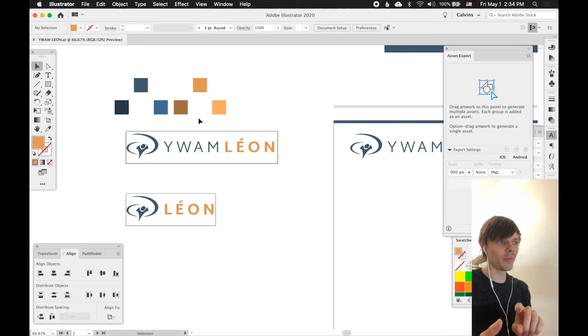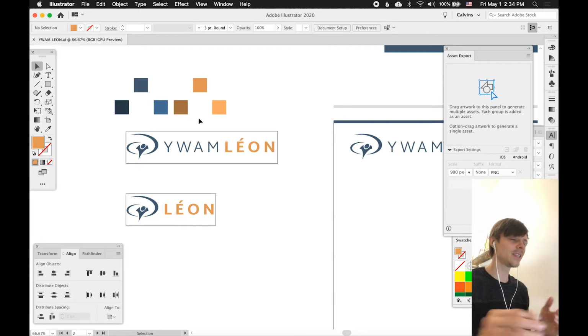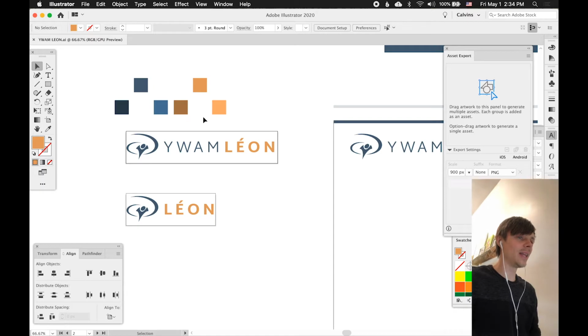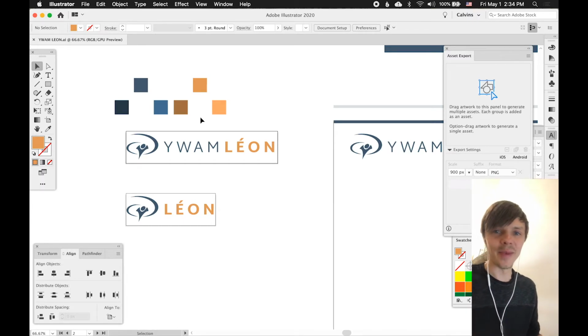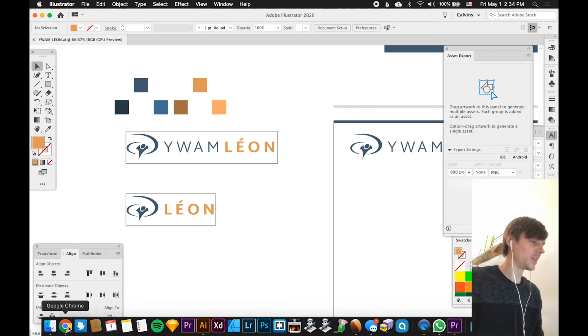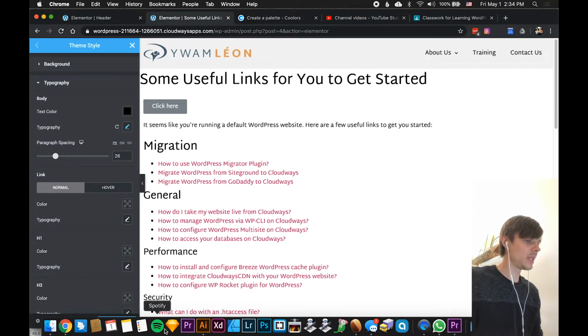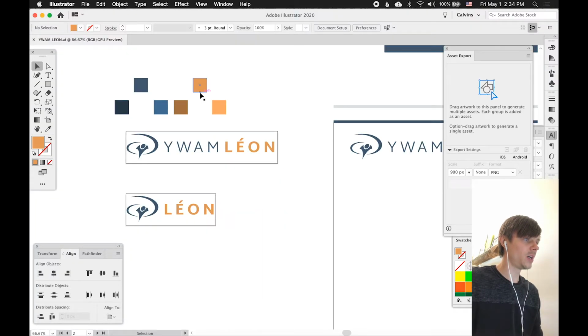Going from one color to a completely separate color on hovers isn't necessarily a great idea. I like more subtle. More subtle is better. They can see it, it works, it looks good, doesn't shock them. And I think that'll give a little better user experience. So let's get those hex values. In Adobe Illustrator, what I'm going to do is create, this button's going to be more like a highlight button,